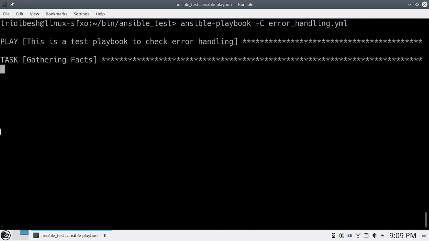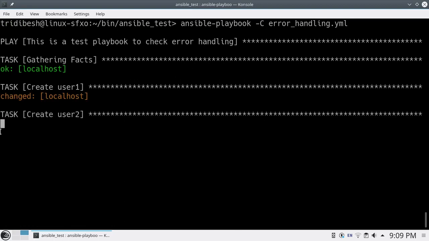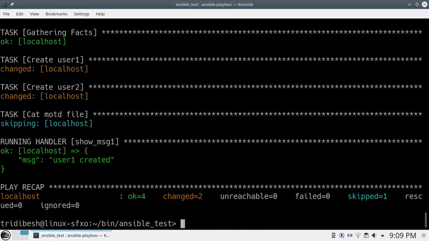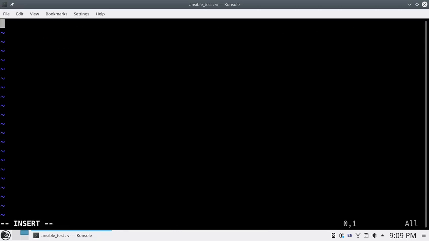So let's see what happens. It's still saying skipping. Okay, let me create a small one. change_test.yml. I'll make it a small testing playbook with hosts localhost and tasks.